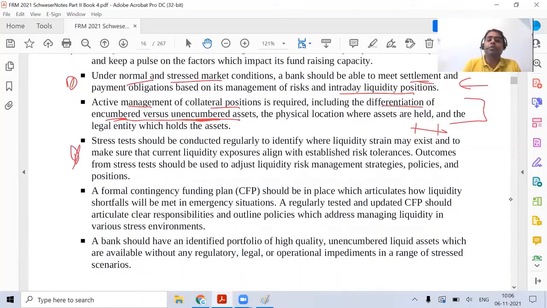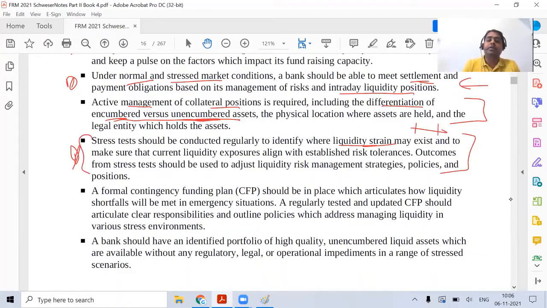Stress testing is also important, because as a bank, when we run a stress testing program, it is not only from the market risk perspective or credit risk perspective, but also from the liquidity perspective, whether there can be a scenario where we as a bank will face liquidity strain. We might not have a sufficient amount of money to pay back, and till what level we can sustain. That is what stress testing will help you to identify, and to change our strategies and policies according to the outcome of this stress testing. This is done very seriously by the banks. They have a proper stress testing program being run.